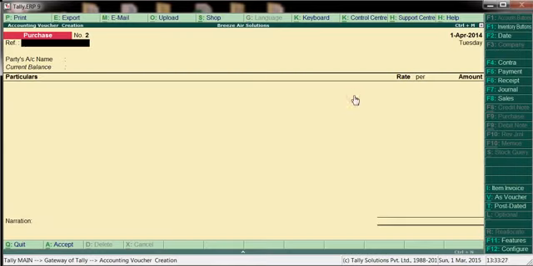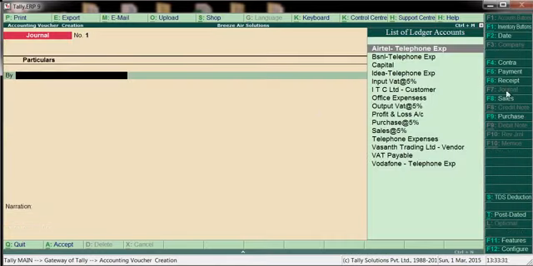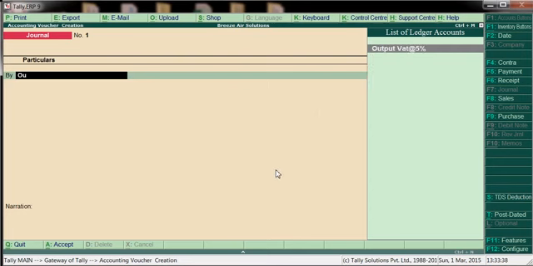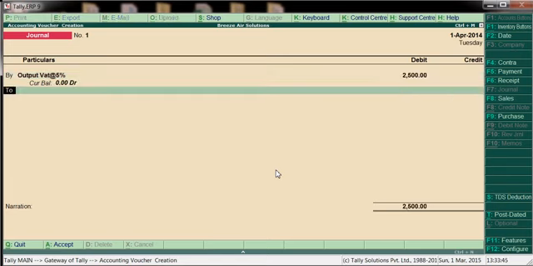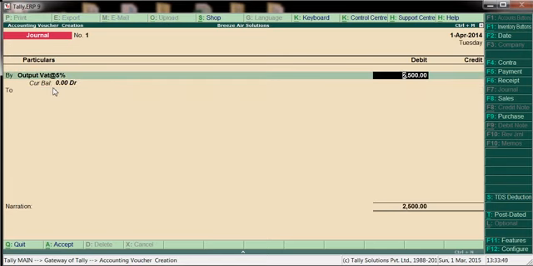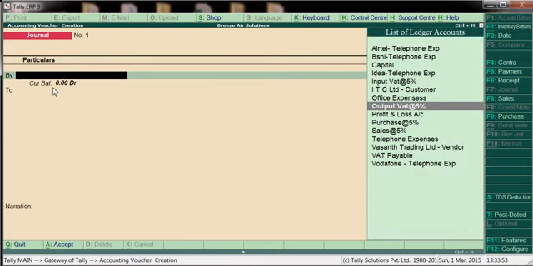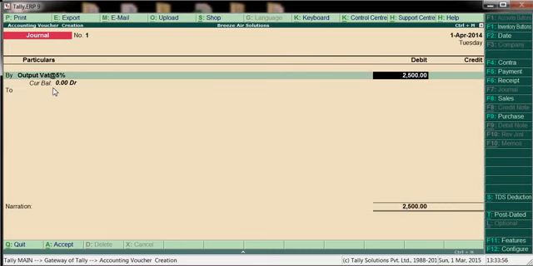Go to accounting voucher, go to JV, general, press F7. Here output VAT, how much? 2,500. Before entering here, come back, output VAT will come.